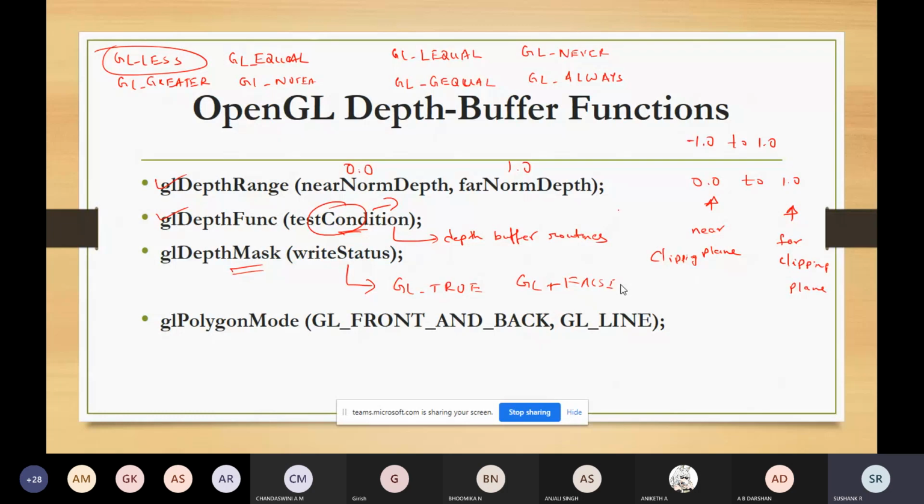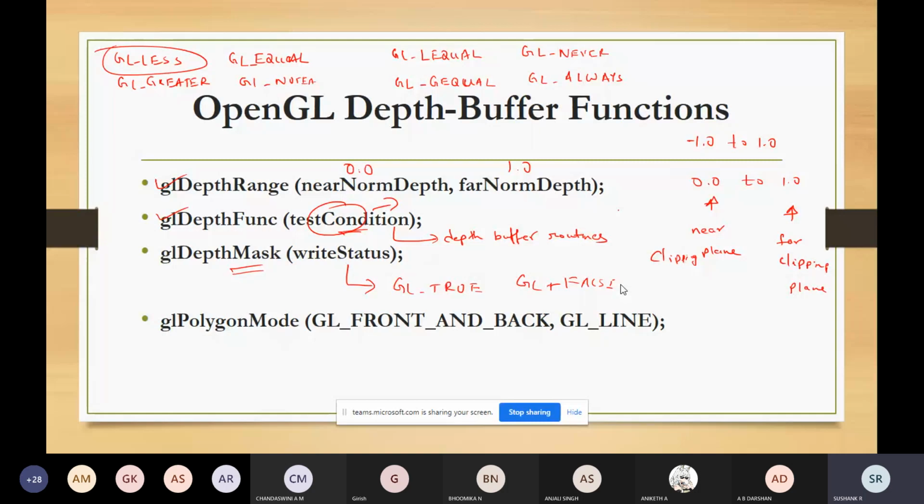You can make changes such that it displays the objects in the form of lines or in the form of points. So this is with respect to the glPolygonMode function.